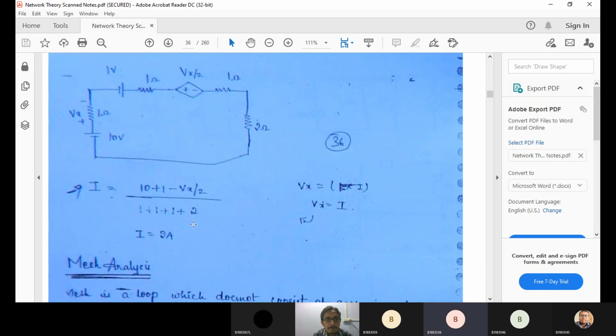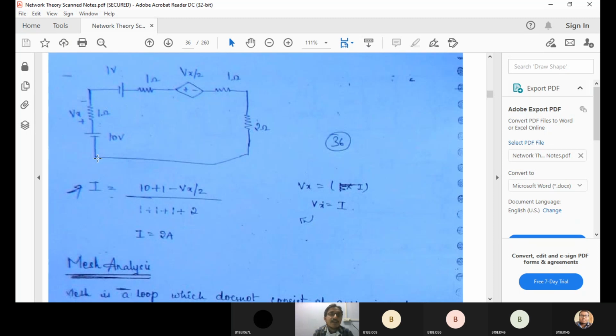Sir, I think it is 10 minus 1 plus Vx by 2, sir. Why? See, the 1 volt is connected. Okay, don't go into the sign convention, but tell me one thing. It should not become 10 minus 1. It should become minus 10 minus 1. Why? Because this 10 and this 1 both are in the same direction, right? Negative plate, positive plate. Again, it is also negative plate, positive plate. These two are connected exactly in series. Then how can you say 10 and minus 1?